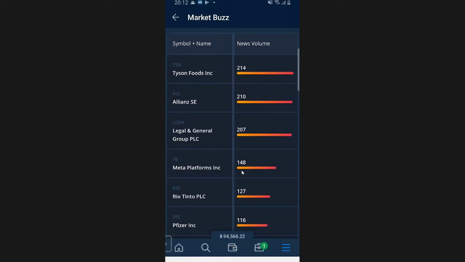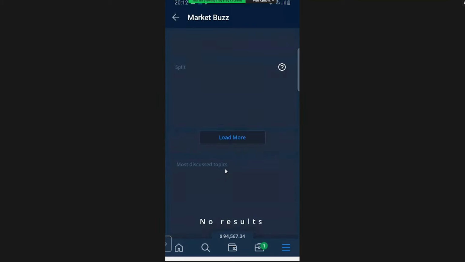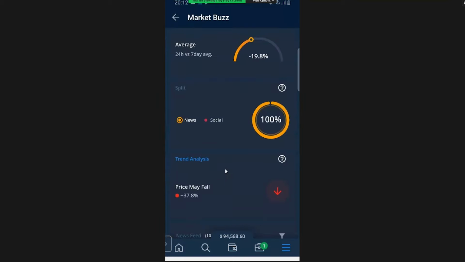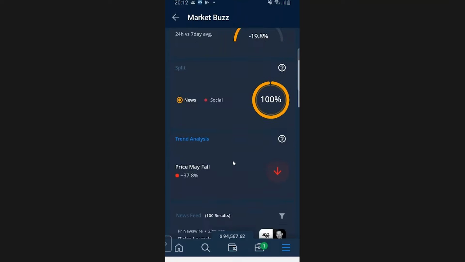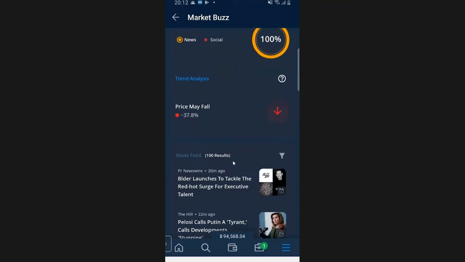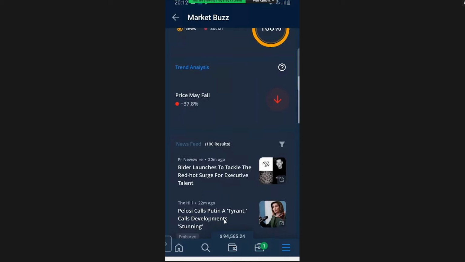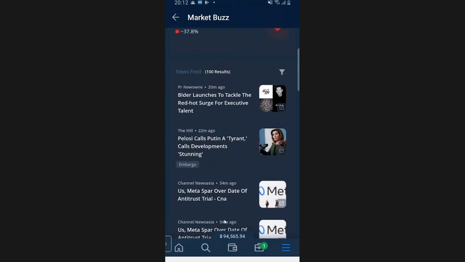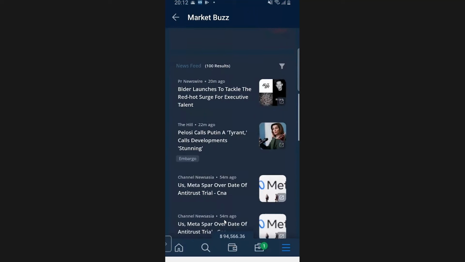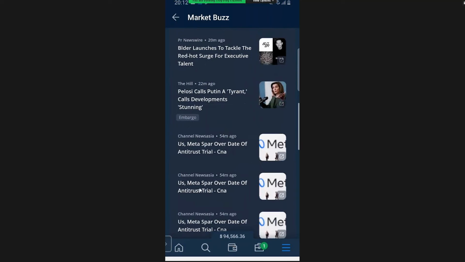And so if you want to look at some of the articles and you say, okay, I'm interested in Meta Platforms, so I tap on that and it will load a general consensus about Meta Platforms. And then it'll also load links for the individual news feed for the different articles that are talking about Meta Platforms. Okay, so you can pull up articles that are mentioning it, that have something to do with it, and quickly get the most up-to-date fundamental news that's talking about Meta Platforms.